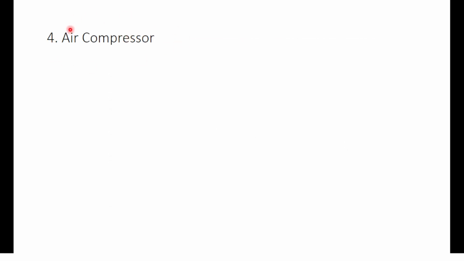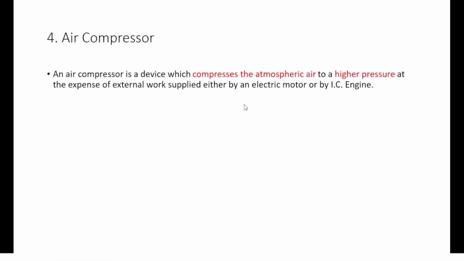The fourth important mechanism is the air compressor. This has also been covered in unit number 1 part 2. We have seen the reciprocating compressor. There may be a confusion regarding pump and compressor, because the basic purpose is to pressurize the fluid. Under fluid there may be a liquid or gas, but basically a pump is used for liquid and an air compressor, or we can say the compressor, is used to compress the air.